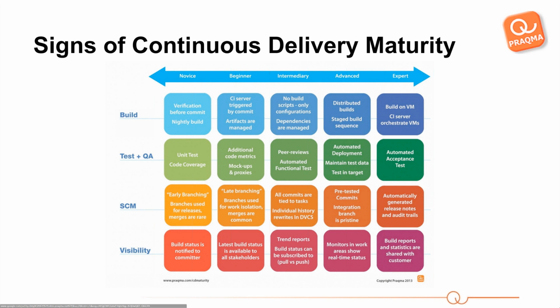The concept of late branching basically means that I have a stream-oriented approach to my branching strategy. So I have trunk, or I have master, whatever I have, and that's basically my going forward strategy. Branches are then used for isolation, and merges are quite common because people get isolated on branches and merge deliver into the master branch daily. So that's a fairly more advanced use of version control systems, and quite popular in distributed version control systems such